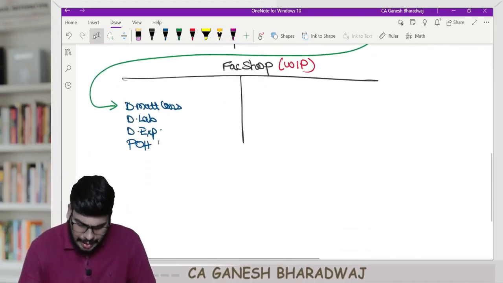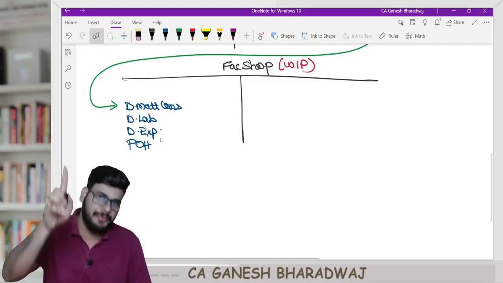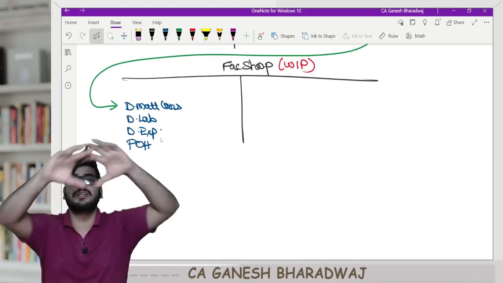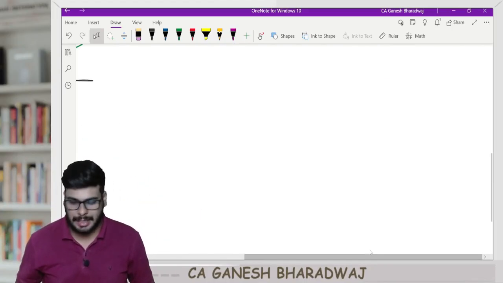Now, what do you mean by production overheads? Any indirect manufacturing cost. Meaning what? Any indirect expense incurred inside the factory. Are you clear with this, guys? Sir, can you give us an example? For example,